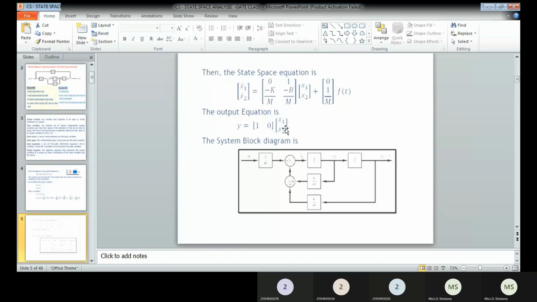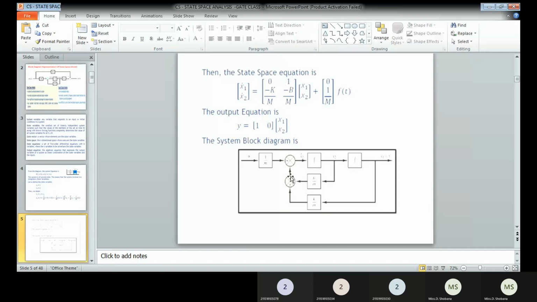Okay, and then we will be having the x2 dot equation. So in the x2 dot equation, you can see the x1 coefficient is minus k divided by m. So therefore, the second integrator output will be sampled as a feedback and given to a block with gain k divided by m, and the output will be k divided by m into x1. So that is given to the adder with the minus sign. Okay, and then we take the x2, the first integrator output, as a sampled feedback signal and give it to another gain block, that is minus b divided by m. So the output will be minus b divided by m into x2.